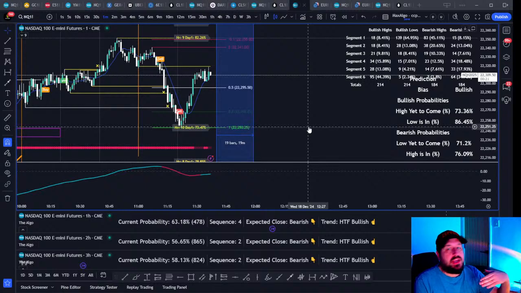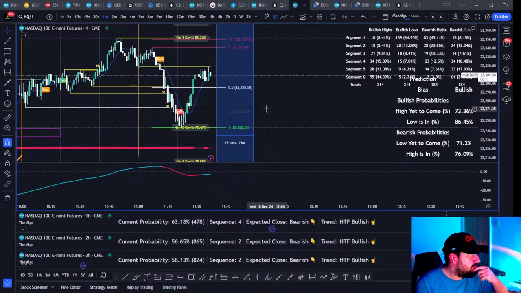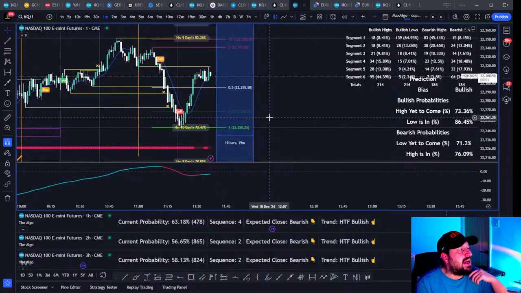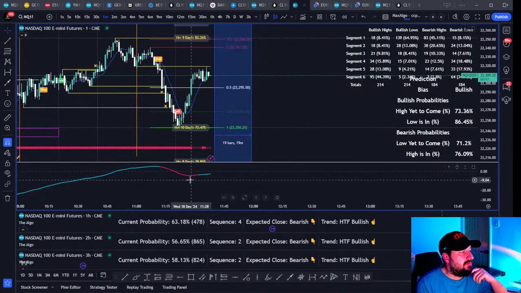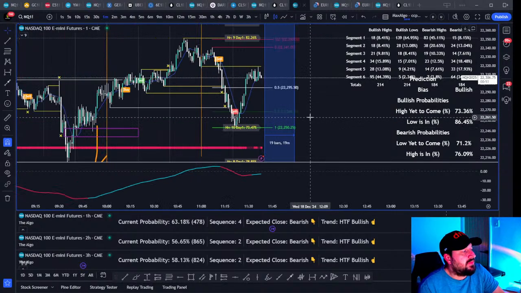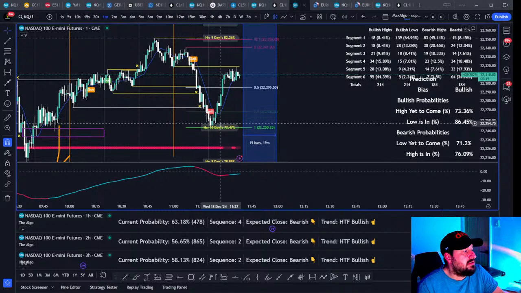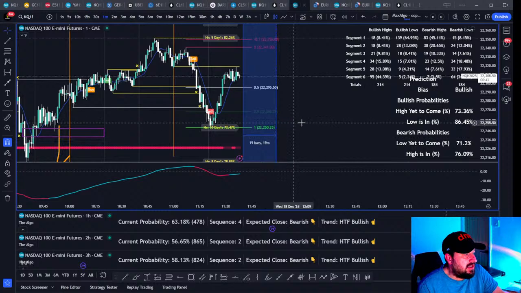So if you join me on the boot camp, right, we wouldn't be taking this trade. If we're trading the boot camp, we're trading this probability, and that's got to be above 70%. We've stacked a few confluences on this one though, right? We've taken the previous high, previous low. That gives us probability of being bearish. We've crossed over the zero line. That gives us probability of being bearish as well, right? But our probability for our true lazy boy setup isn't there.